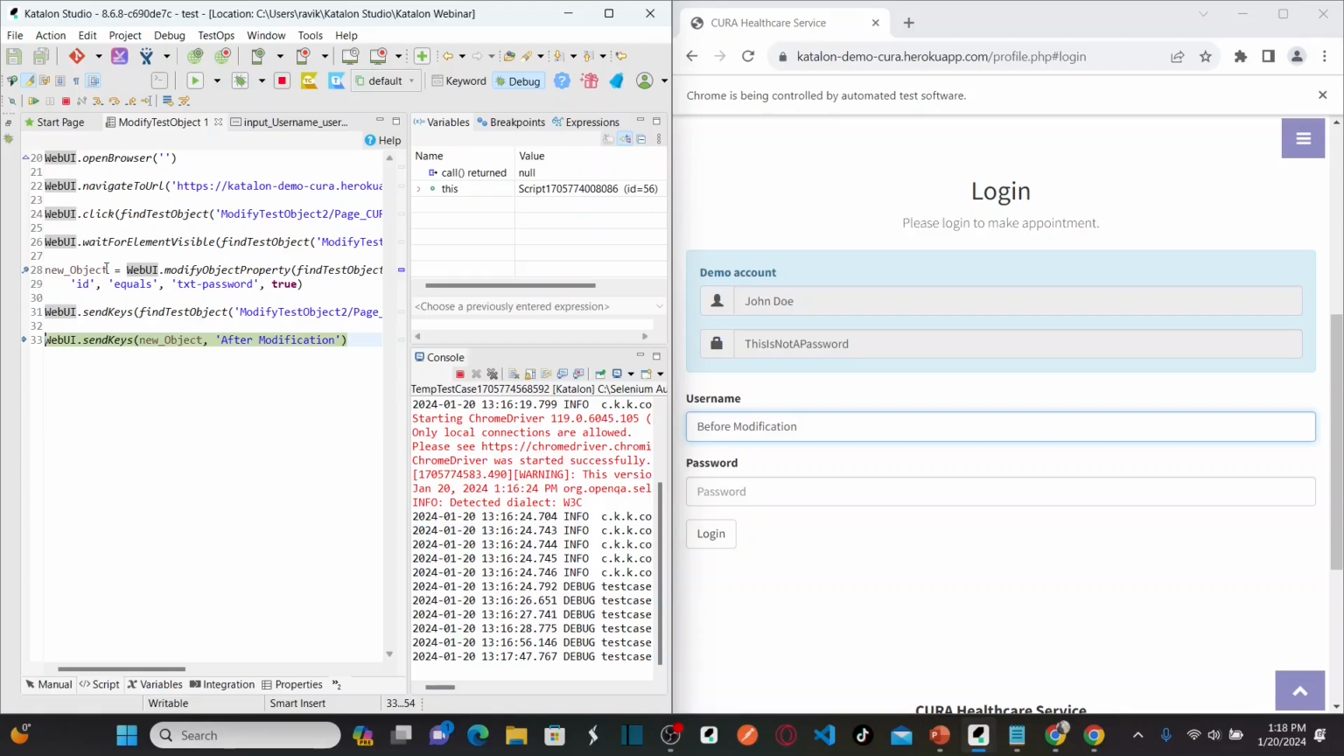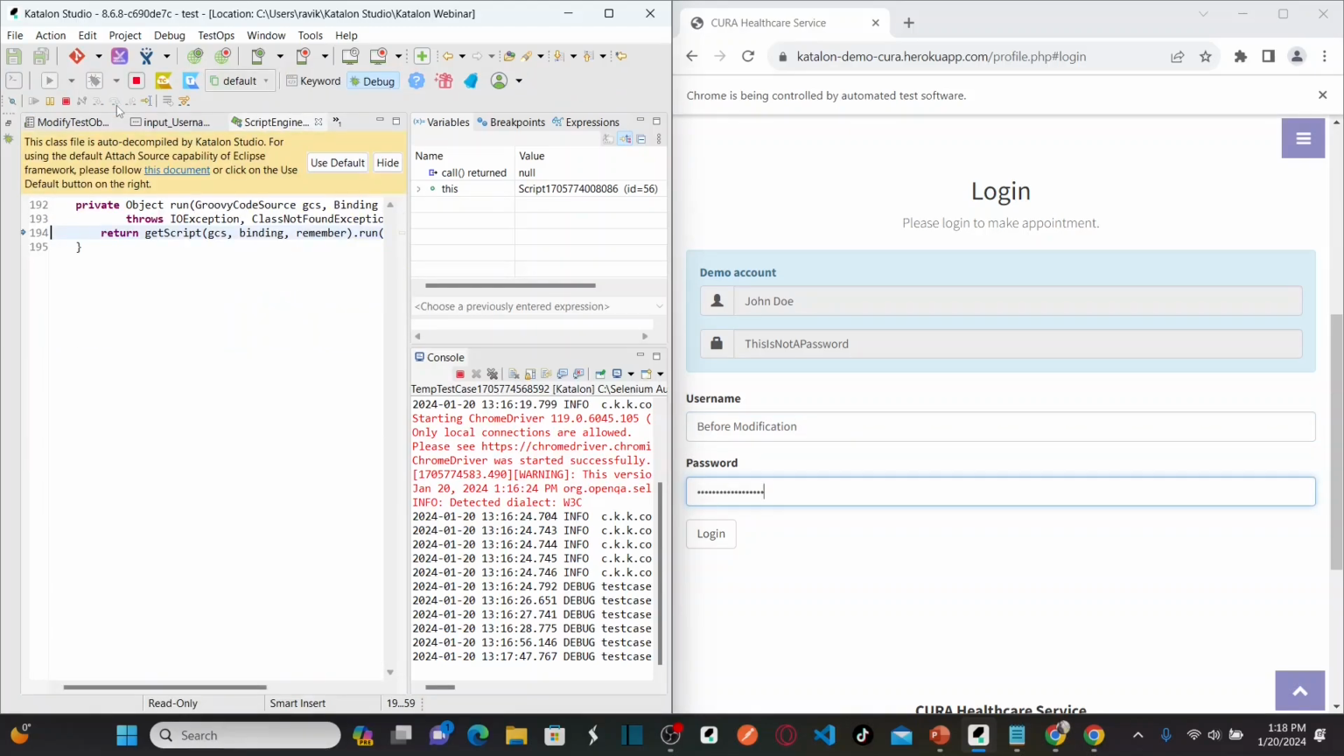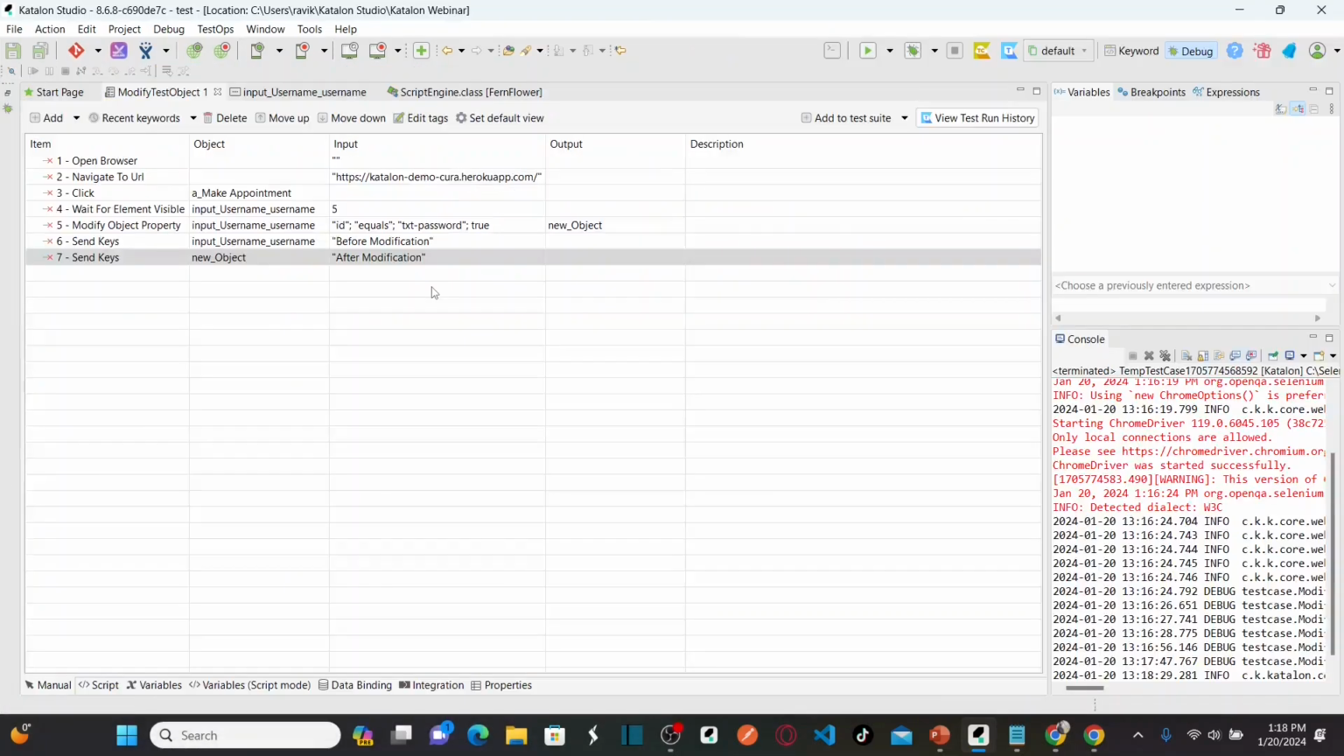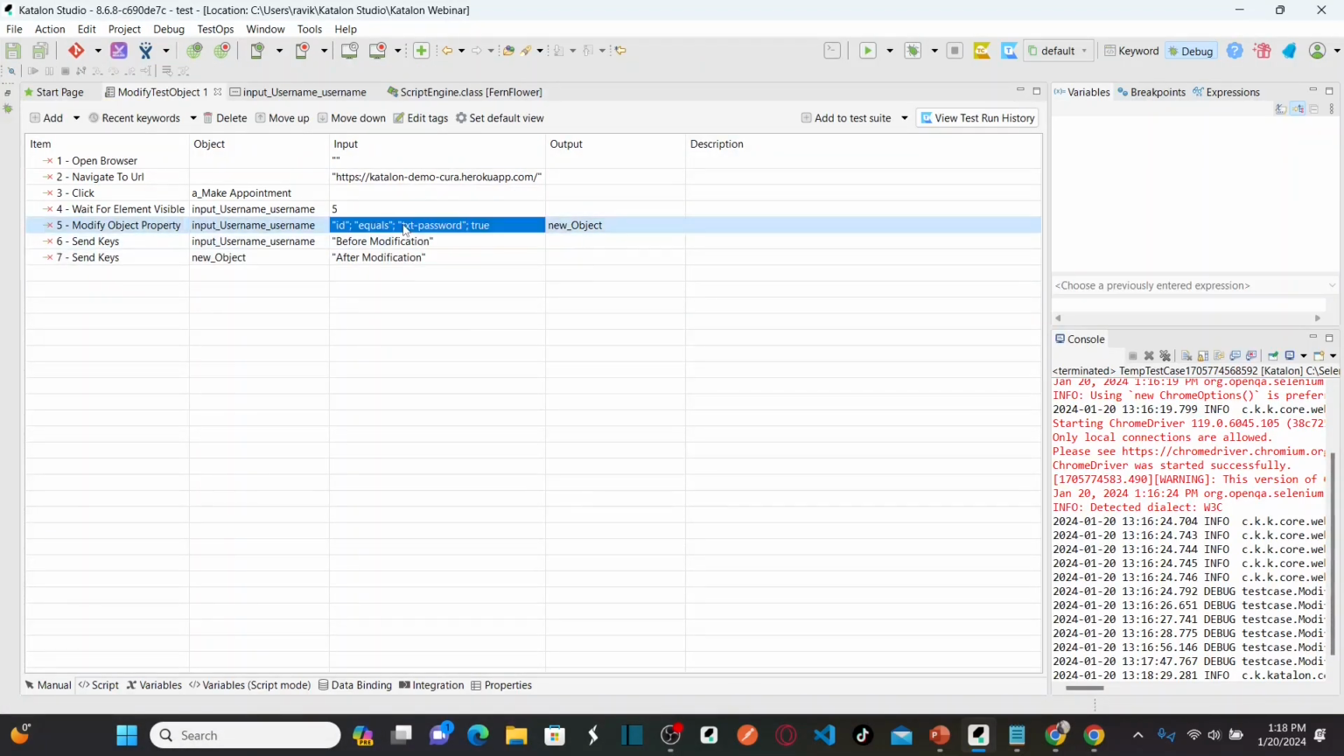Now I am sending keys to the new object that I created during runtime. And this new object is not going to impact your repository. And this new object has a value of id txt-password. That means which is your password. Now after modification, keys should be sent to password. Just step over on this. See, after modification has been sent to the password field,